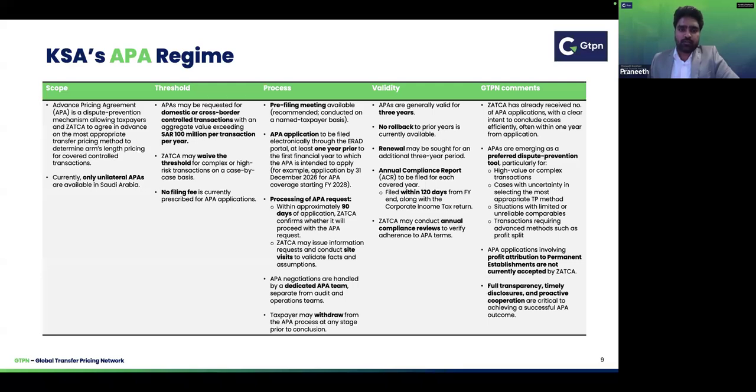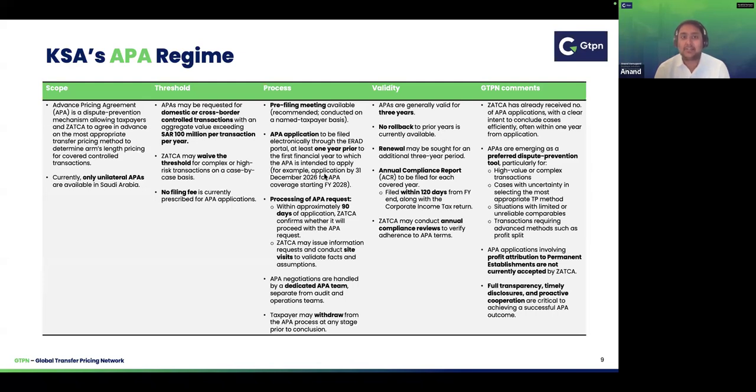There are around 10 to 15 live APAs. We expect most of them to reach conclusion phase in the next couple of months. Yeah, these are some interesting stats. No, I think lots has been transforming, I would say. What we see from 2019 and then the last 6, 7 years has been in terms of how Jatka